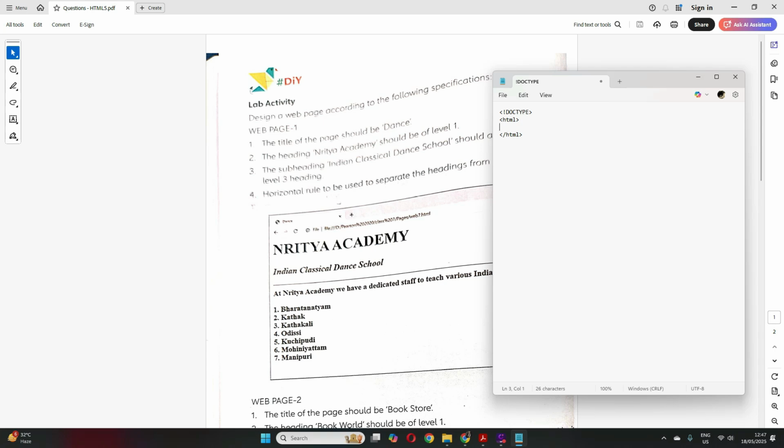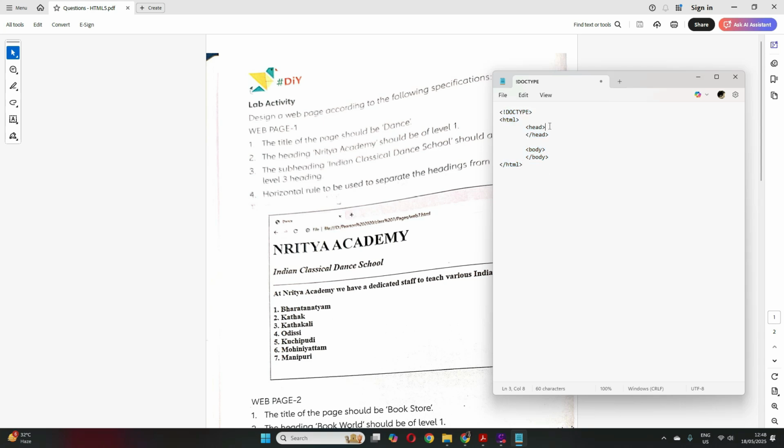Now under HTML we have two important things, head and a body. So I give a tab indent, as I said, we should write head, closing tag, head, correct? And then we have a body, correct? So before you start writing your HTML code, make sure this structure you always write.